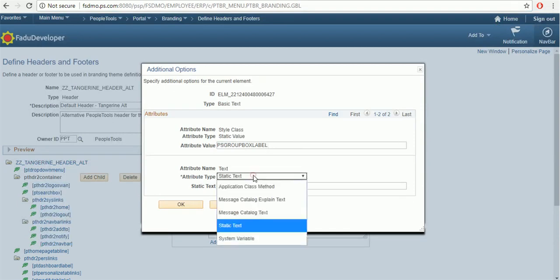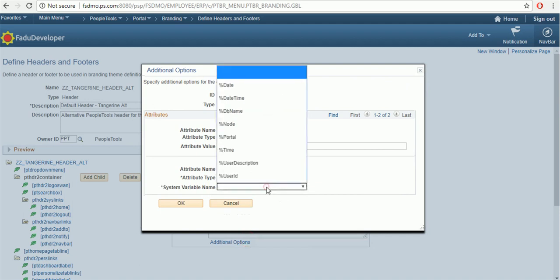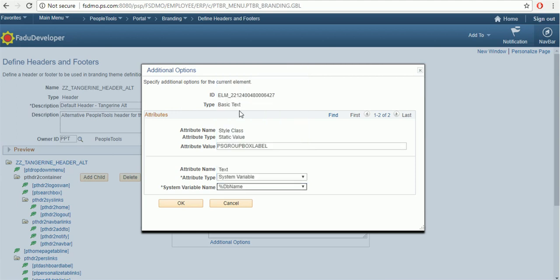and instead of using static text, I'm going to use a system variable, and this system variable can be anything. It can be date, it can be date time, it can be database name, which is what we need. It can be even the name of the user who has logged in. So the choice is completely yours. I'm selecting database name, and once this is selected,